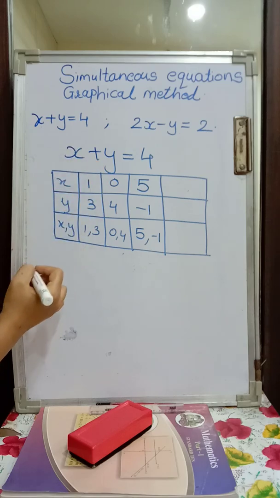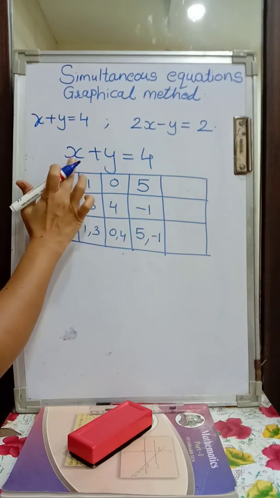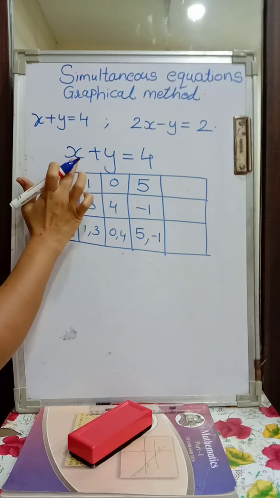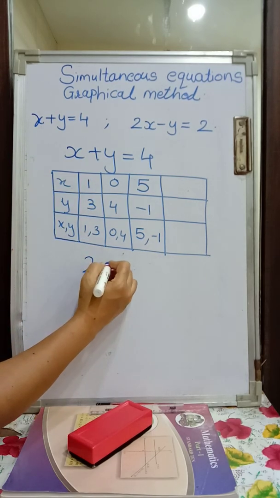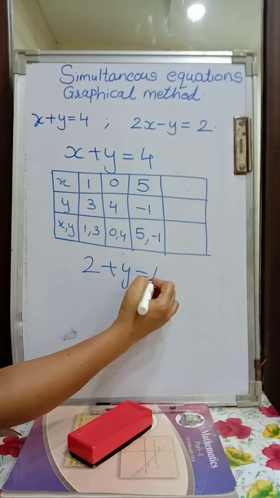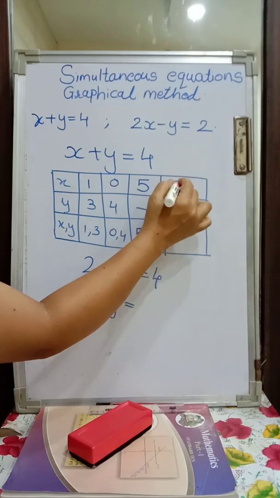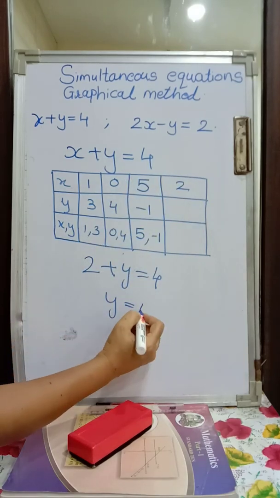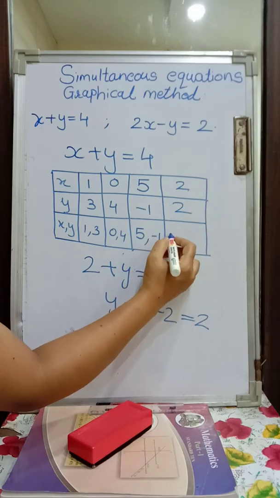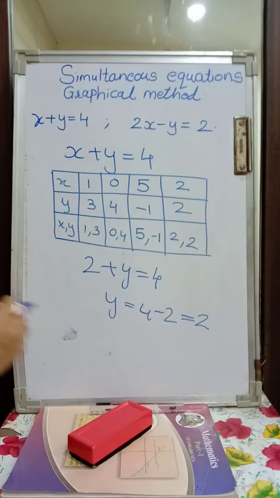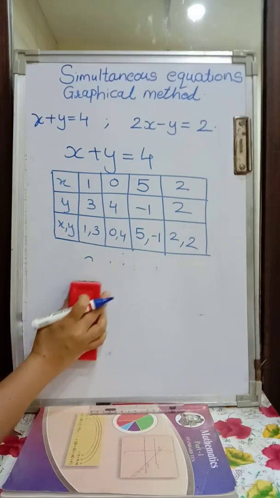Now let me take x as minus. I have taken already y as minus 1. Okay, we'll try with some other value now. Shall I take x is equal to 2? So if I am taking this as 2, plus y will be equal to 4. So I have taken x as 2. So first put it 2. Now y will be equal to 4 minus 2, which will be equal to 2. So you got 4 ordered pairs. So let us write all these ordered pairs one by one.